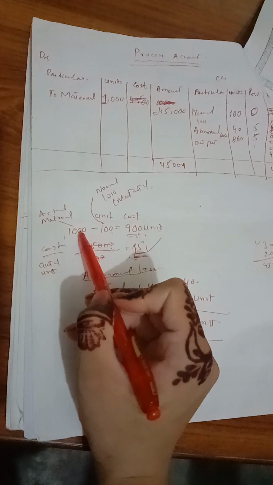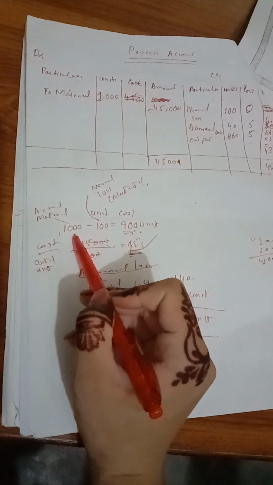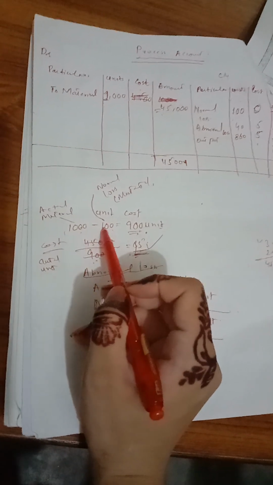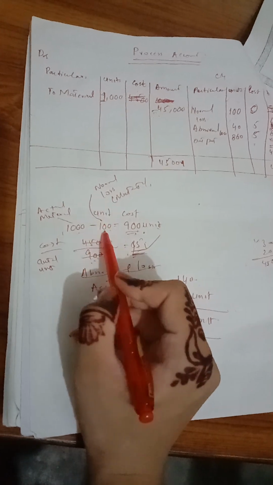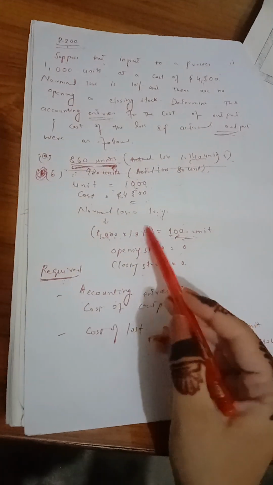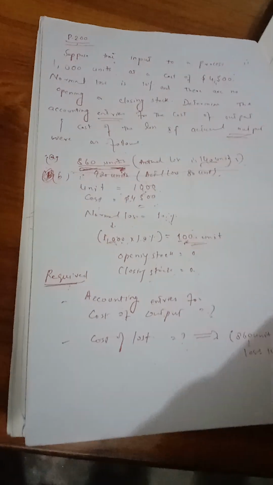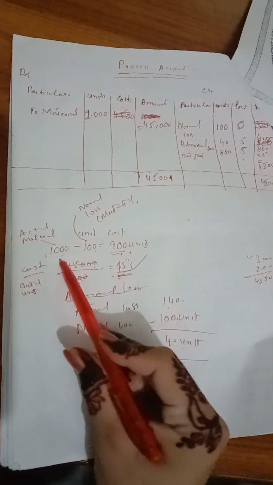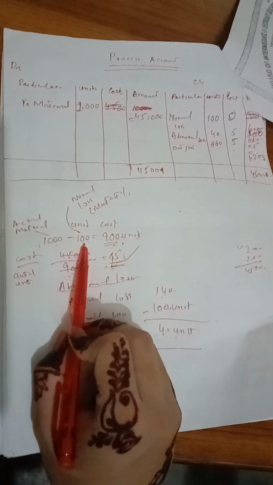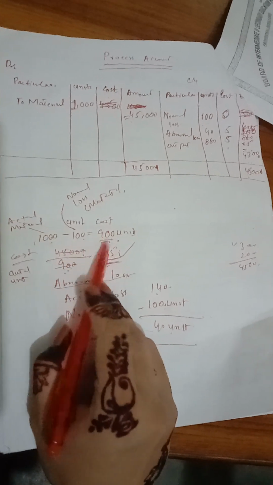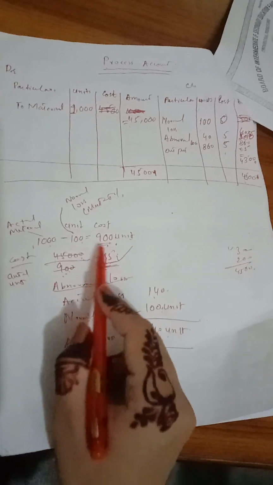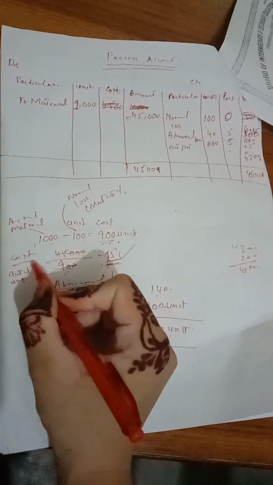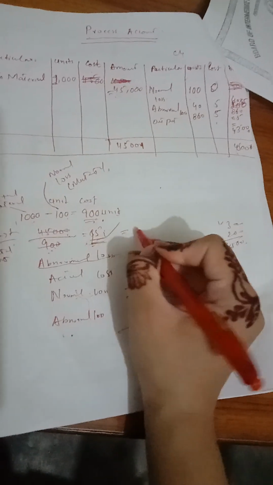So you know that our actual material was 1,000 units and our normal loss was 100 units. As you know, our normal loss was 100 units, so we deduct 100 units from 1,000, and there are 900 units. This is the way to find out the cost